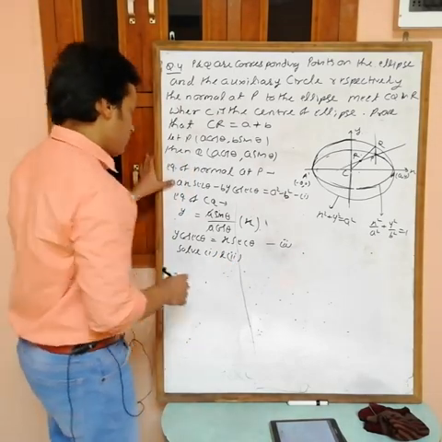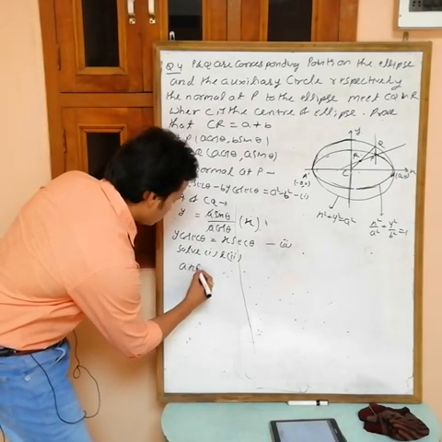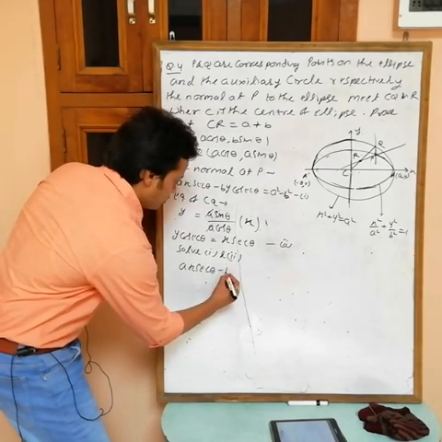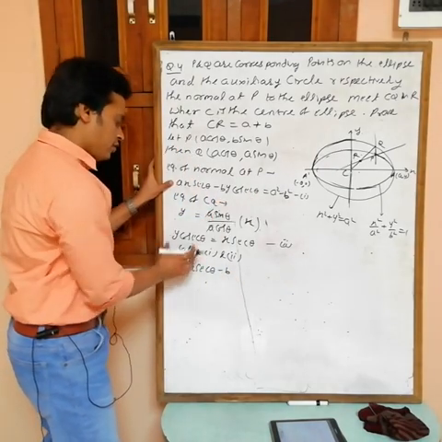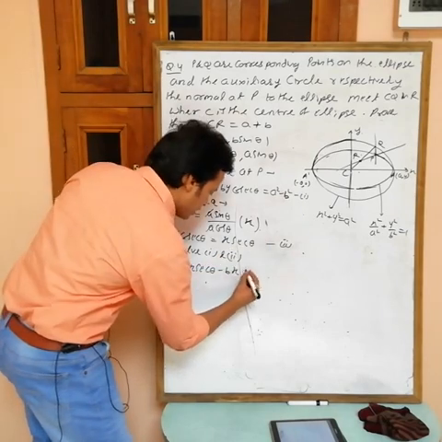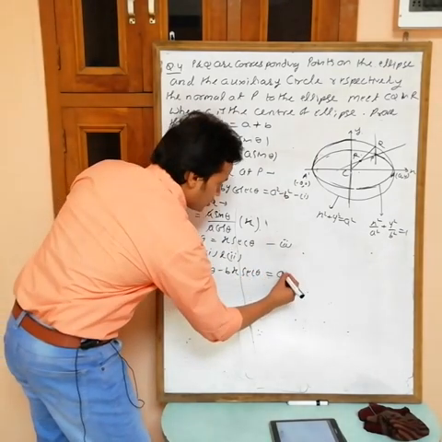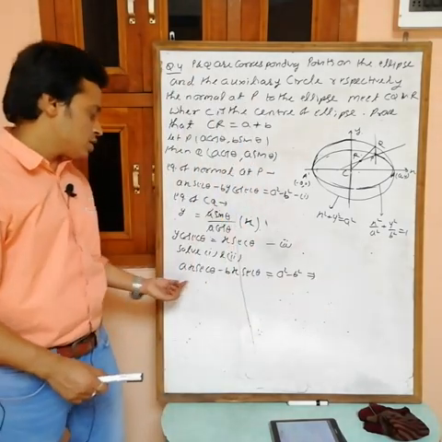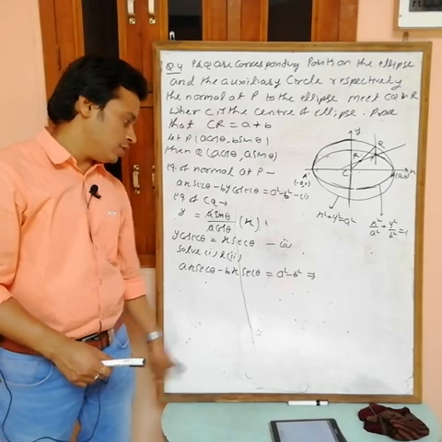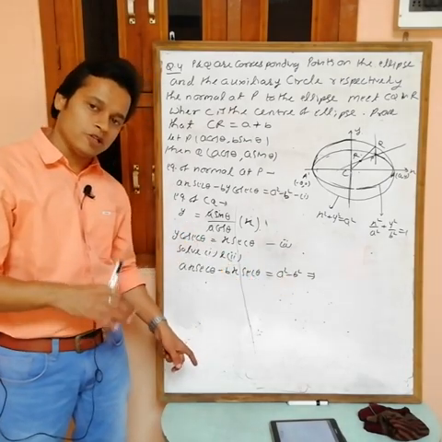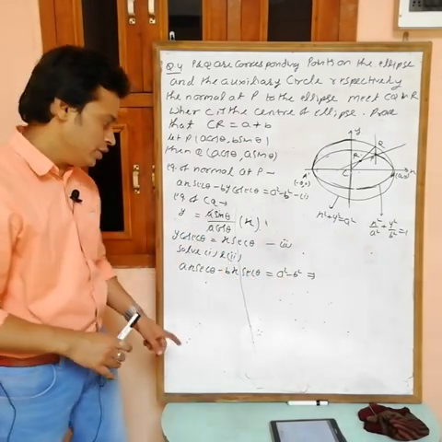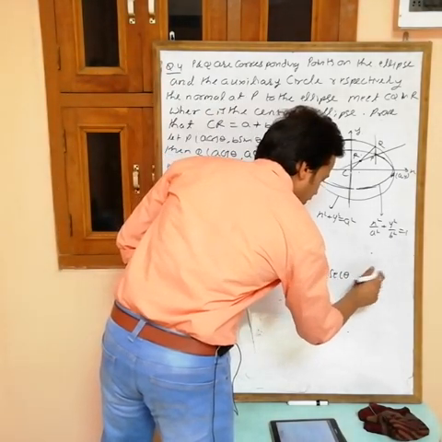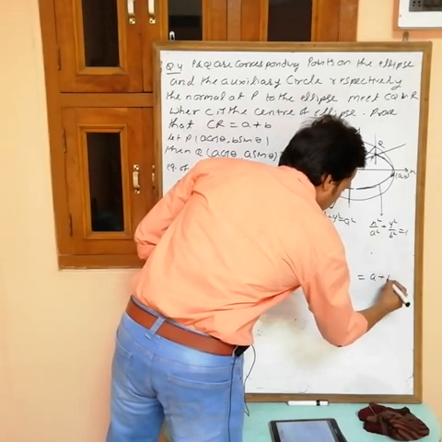So how to solve? See, I am putting the value. a x sec theta minus b y cosec theta. Y cosec theta can be written as x sec theta, equals a square minus b square. Now see, if you take x sec theta common, what are we getting? A minus b. This can be written as (a minus b)(a plus b). A minus b cancels out. Then you are getting x sec theta. Here you have a minus b cancel out, then here you are remaining only a plus b.